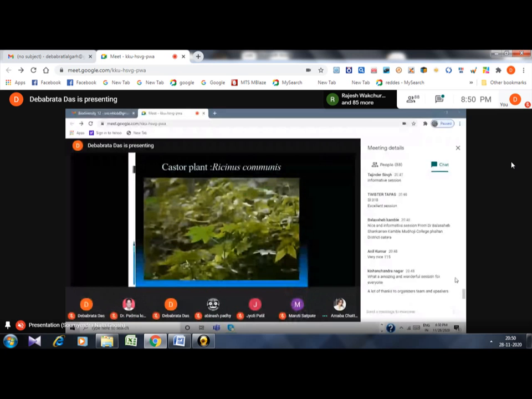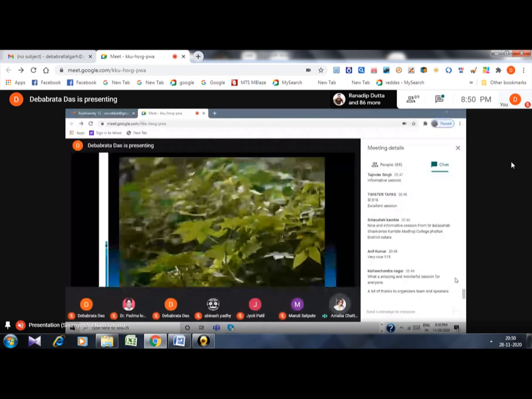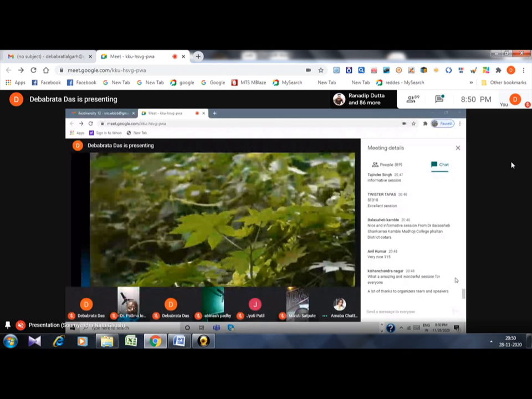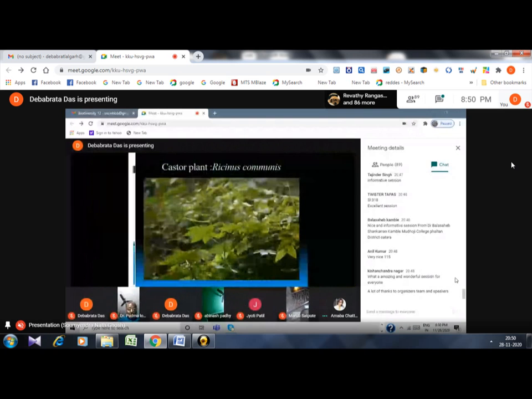Many butterflies have their larva on this plant. If you look very closely, you can see in this big leaf that there is a tear. That is because it has been eaten by the caterpillar. So common castor and angled castor both rely on this plant as the larval host plant.